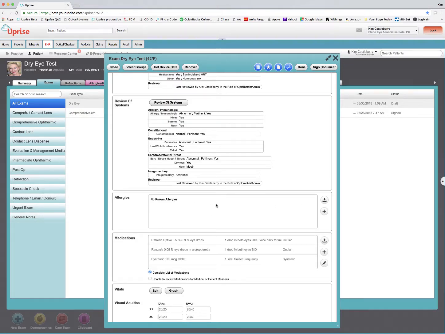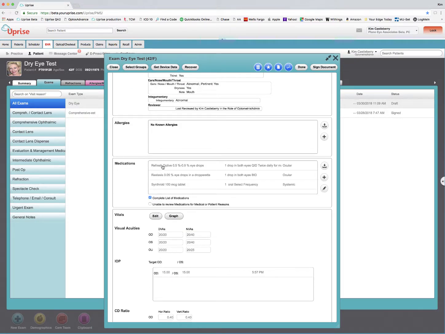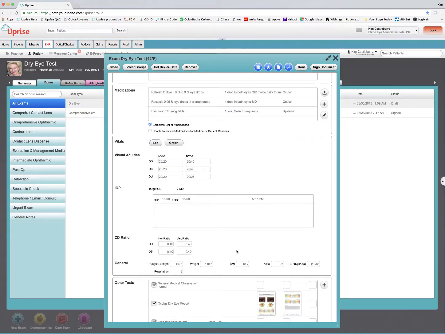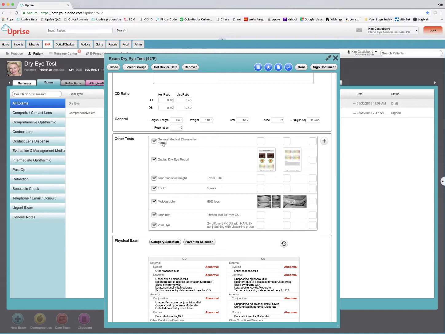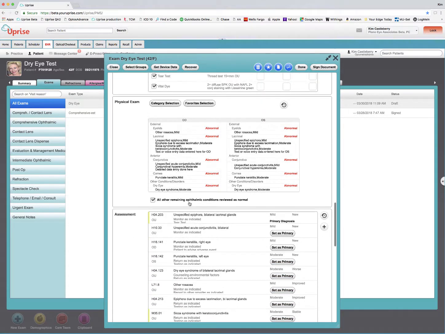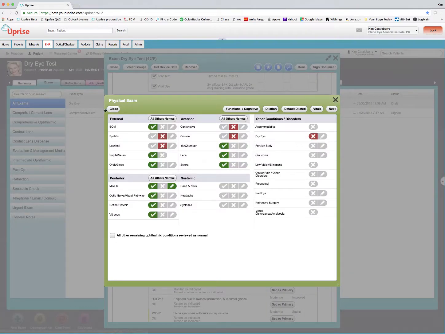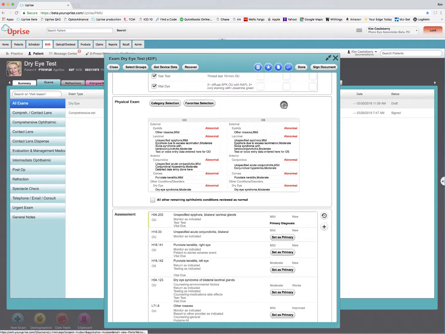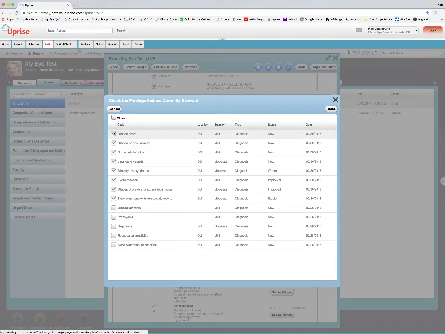And again, the allergy history is here. The medications, again, are Refresh Optive and Restasis. And the vitals are all right here. We can see our other tests. We went through those last visit, so we won't belabor them here. And again, the beauty of follow-up exams is you don't need to go through the category selection again unless you want to. It's easiest just to select the history button and select the items that you want to address on this particular visit